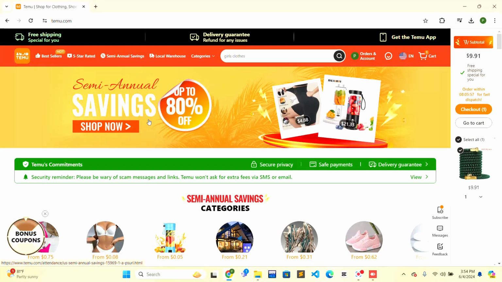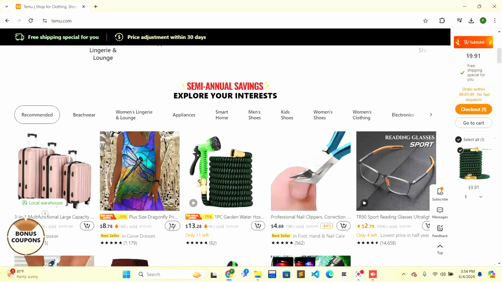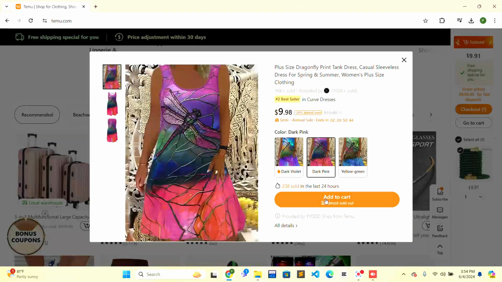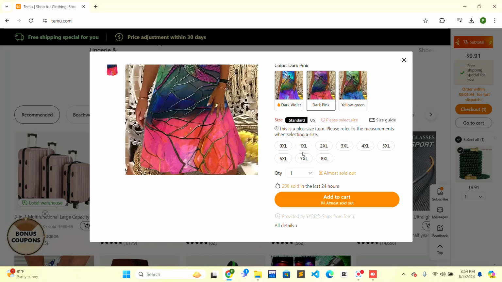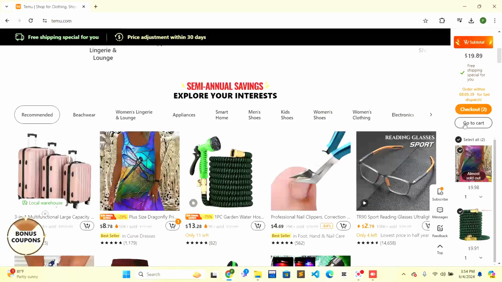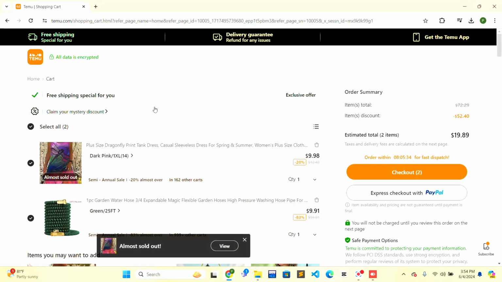be shown. So Temu doesn't currently provide any wishlist service. So I'll just show you. There is only the add to my cart option. You can just choose that and add to my cart, or choose the size and you can add to the cart successfully. And when you go to the cart, mostly other shopping sites will have a wishlist feature available